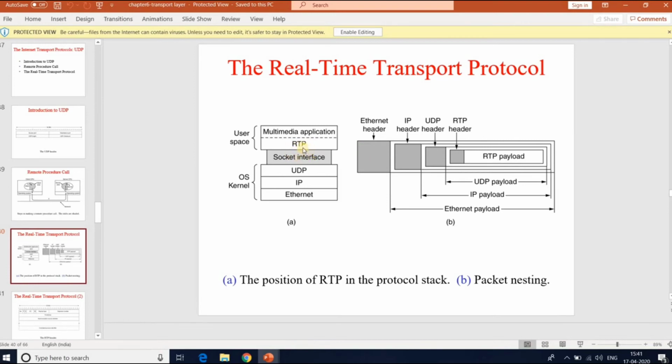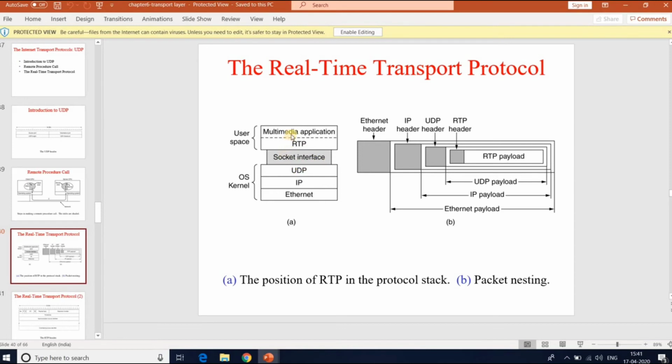So it was decided to put RTP in user space and have it run over UDP. The RTP protocol is placed in user space and runs with the help of the socket interface and the UDP protocol.